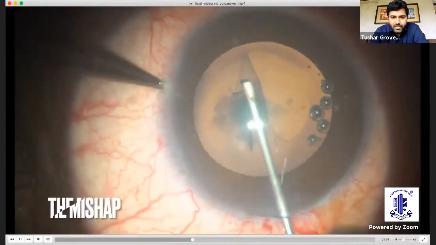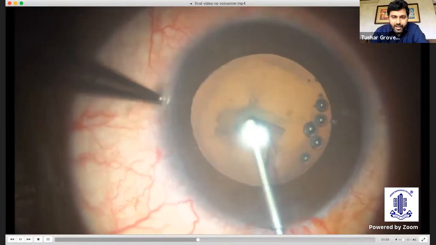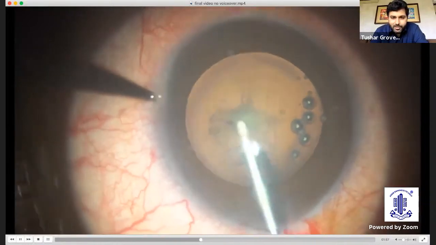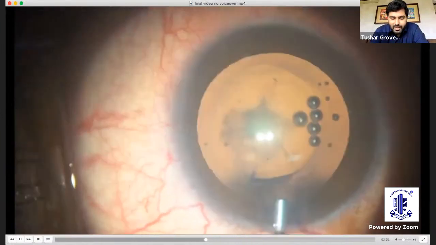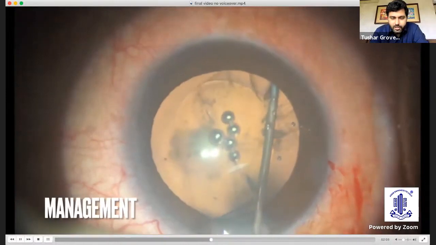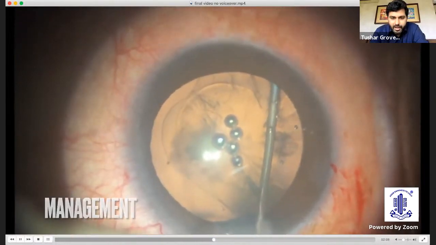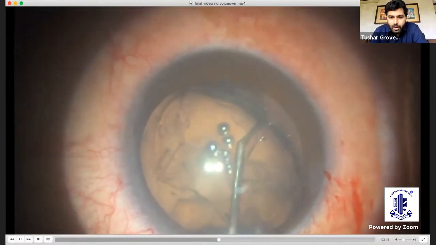So this is the second case where the trainee has gone a little wider with the diameter, but she's doing fine here till the capsule reaches the main wound where it begins to come out. And then you see it going peripherally and it's gone into the zonules. So here, I know I have a big capsular diameter, so I decided to do a gentle hydrodissection and prolapse one pole out of the capsular bag.